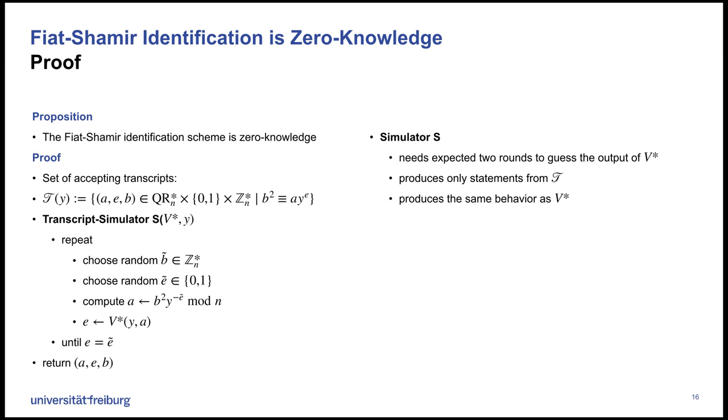We have the set of transcripts, where we have A, E, and B. And the transcript simulator does the following. Basically, it does the same thing as a cheater. We start again with B, a random B. Then you choose a random E tilde. And then we compute A the same way, so that it gets through the test. And then we ask